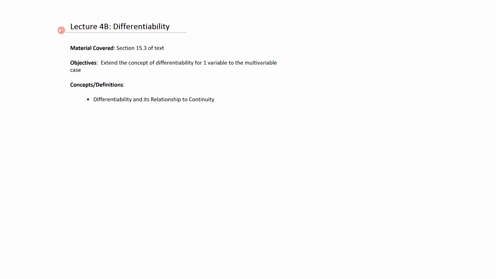Welcome to Lecture 4B, entitled Differentiability. The material for this lecture comes from section 15.3 of the textbook, including some additional material which is not found